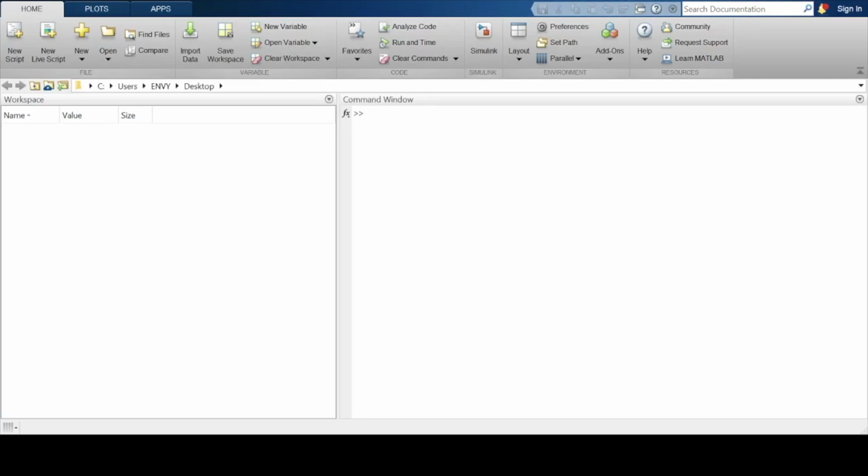Hey guys, how's it going? In this tutorial, I'll show you how to interact with vectors and matrices, as well as perform specific math tasks with vectors and matrices. Think of this tutorial as a really good start towards the goal of making MATLAB perform linear algebra tasks for you at a level of speed and accuracy you couldn't achieve otherwise.